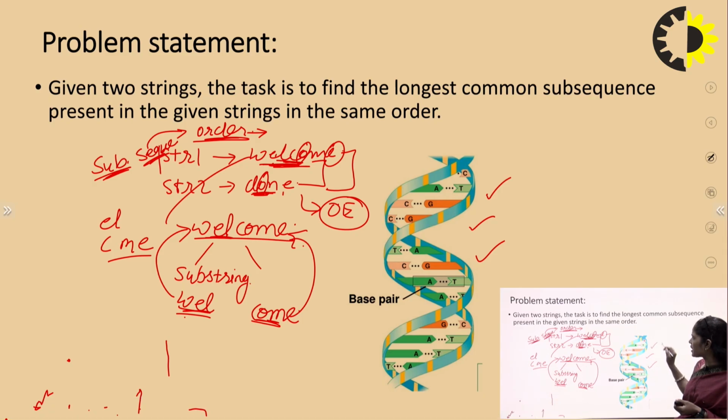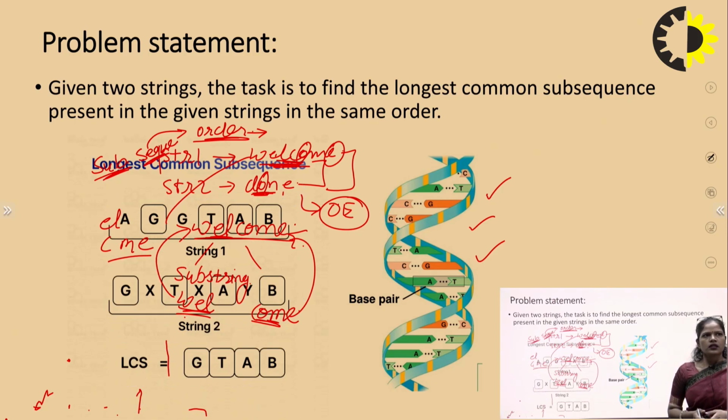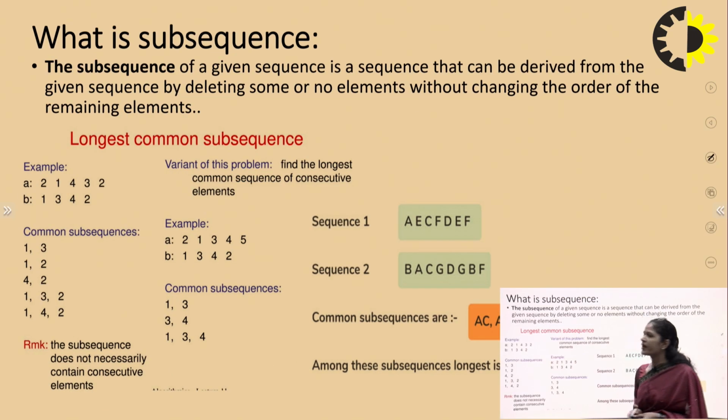So in DNA also, one by one we compare some strings, characters or features, and these features have the possibility of a maximum match. On that basis we finalize that these are the children of those parents, because a maximum set of matchings is formed. So we can say this is the subsequence. Next we will talk about what is a subsequence.